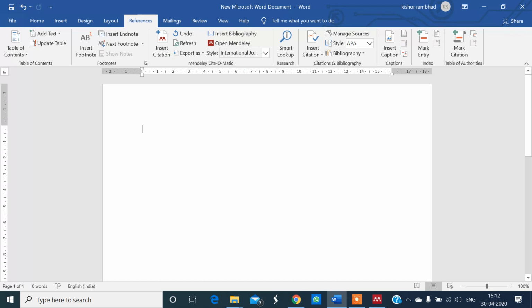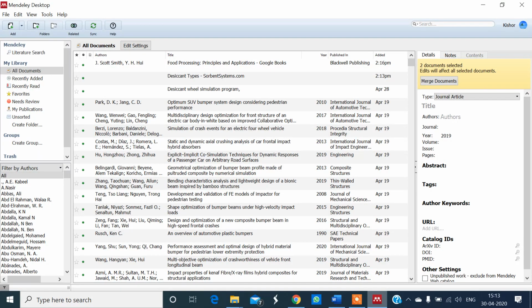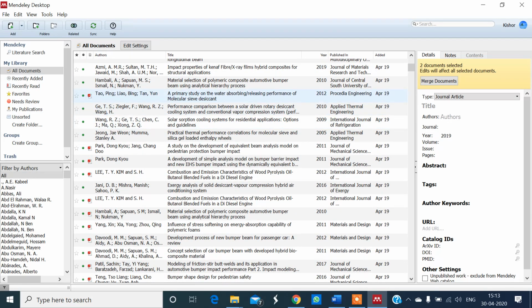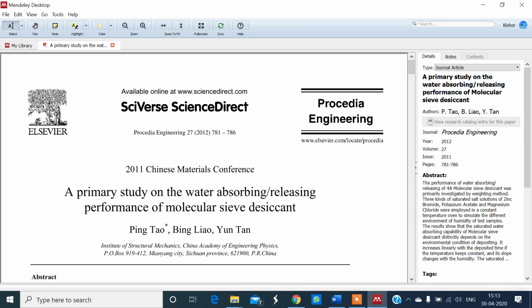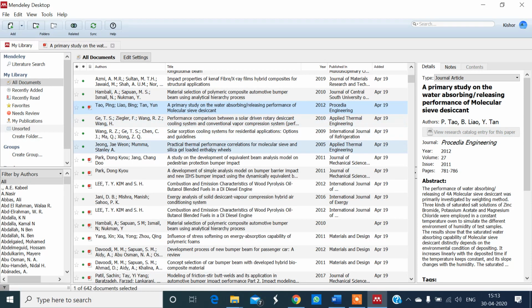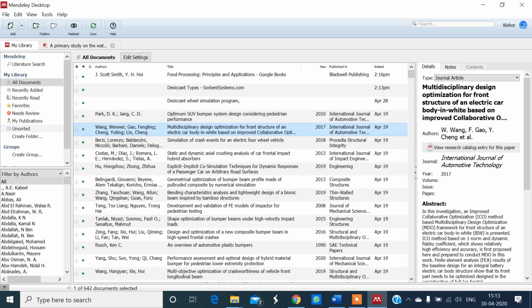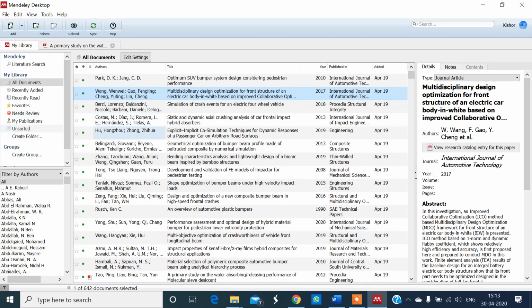Now, I want to use Mendeley for referencing and citation. Go to Mendeley. There are some files which are indicated by green dots. These green dots mean these are online files, available on the net. And there are some files with a green dot along with a PDF symbol. If you click on this file, the PDF will open. This PDF symbol indicates that the PDF is available for this one, and for this one the PDF is not available. This is from an online source.